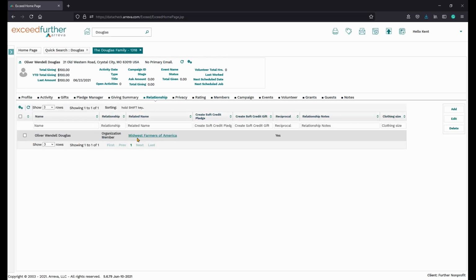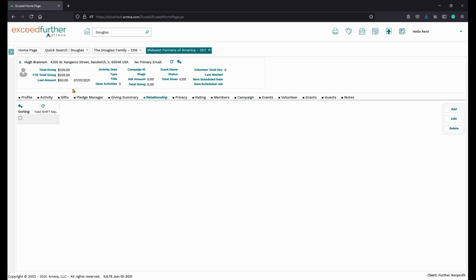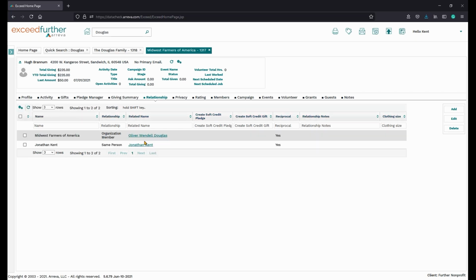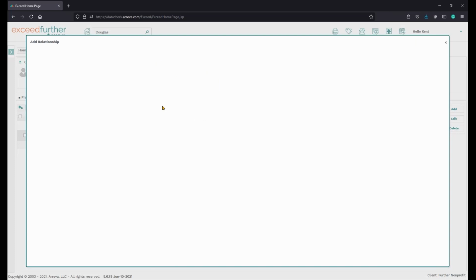Mr. Douglas is set up as a member of the Midwest Farmers of America. If I click on the Midwest Farmers of America, it will actually take me to the relationship tab within that organization, and I'll be able to see that he is in both places, along with some other people that have relationships outside of this organization. So there we are. Now I'm going to go back into his record in relationships, and I'm going to add the same person relationship. So I click on add,